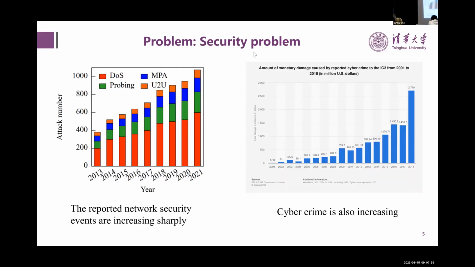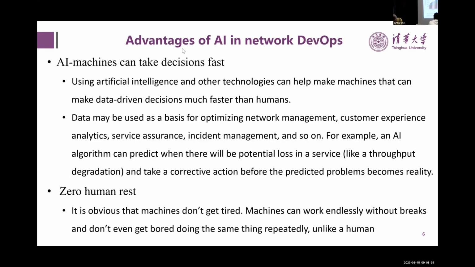The third problem we may have is security problems. The left picture is reporting the network security events from CERNET. We can see that the number of attacks is increasing sharply from 2018 to 2021. Also, cybercrime is increasing with the use of the internet. Now we face the efficiency, security, and availability of the internet, so what can we do to optimize the